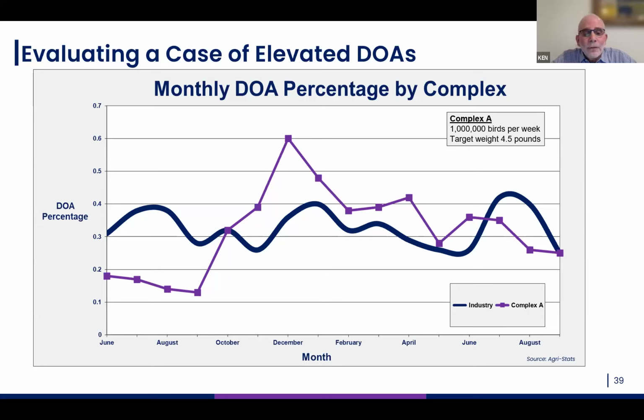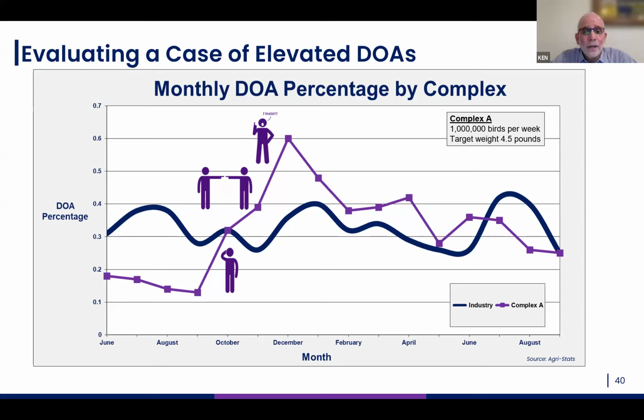And you can see from June through September, we were beating the industry average, all was good. And then we hit fall and the number began to really skyrocket to where it hit 0.6% in December, started to come down, but really didn't fall below average until July and August. So this was the problem. And what we saw was just from what was the dynamic within the complex. In October, the number started going up and people were kind of scratching their head trying to figure out what was going wrong and maybe what we needed to do differently.